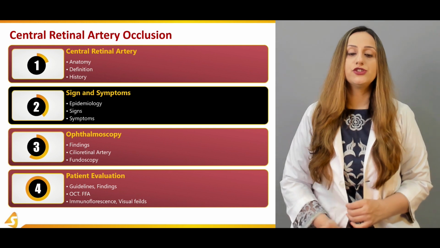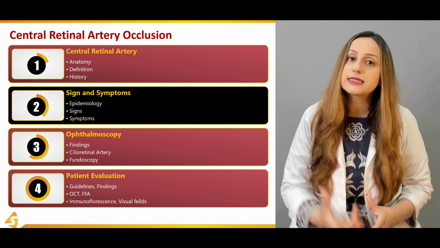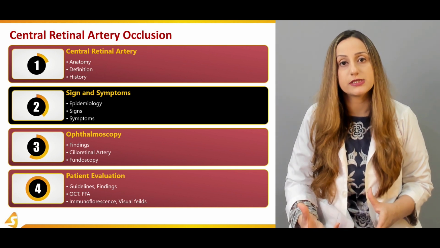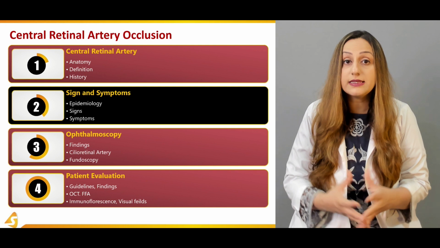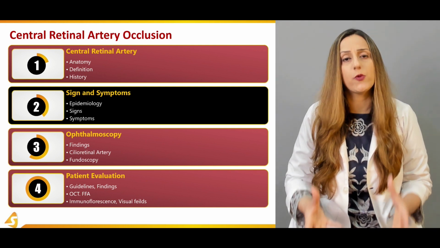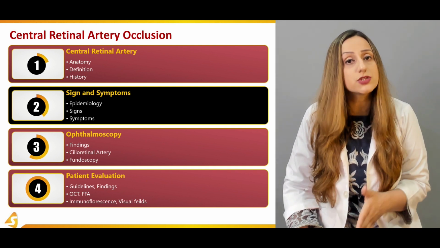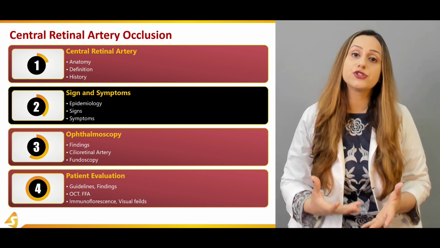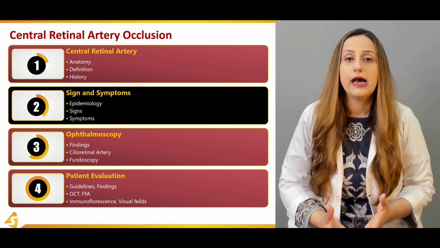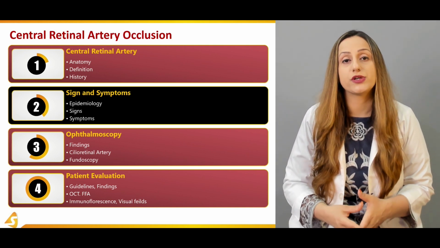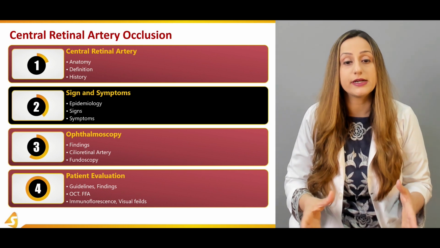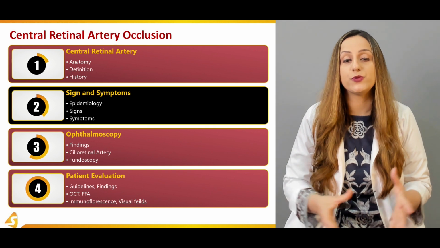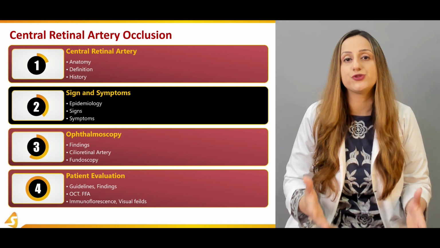Knowing the epidemiology of any disease basically gives you an insight into that disease. How prevalent it is is very important. The incidence rates are again very important. Whether it is more prevalent in males or females is again very important. These are the different researches that have been carried out on different pathological conditions or phenomena. So, knowing the epidemiology of central retinal artery occlusion, we'll just briefly go through the epidemiology